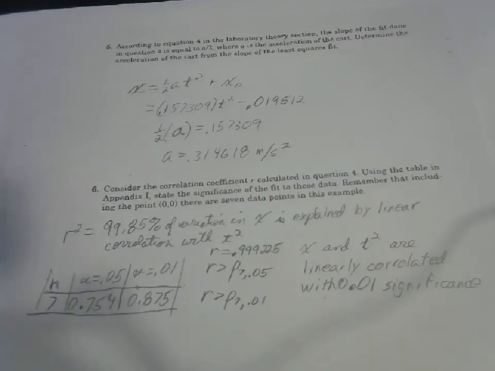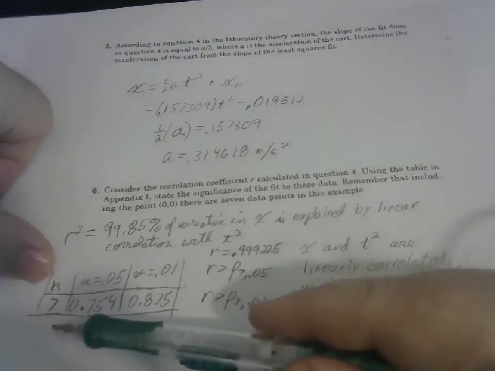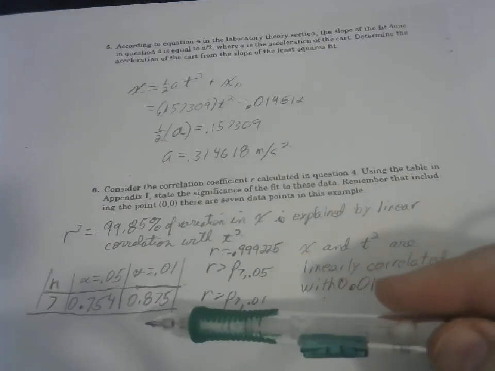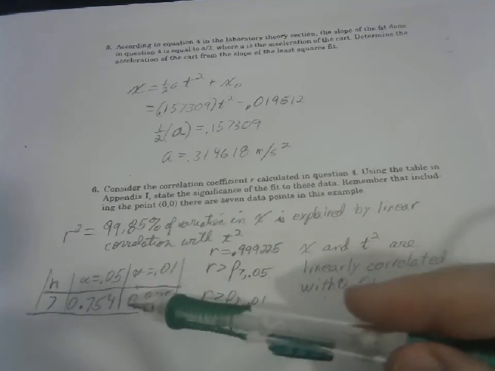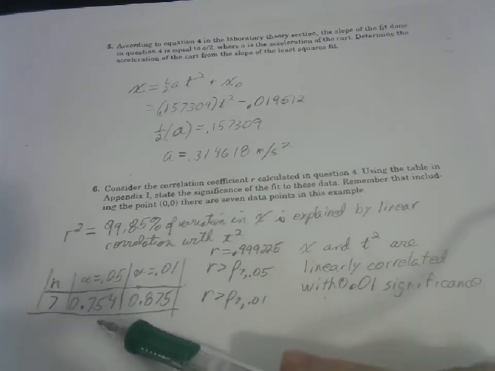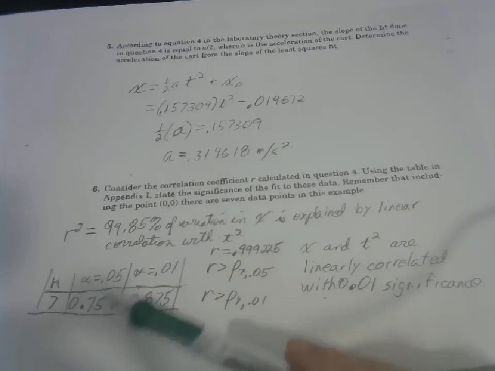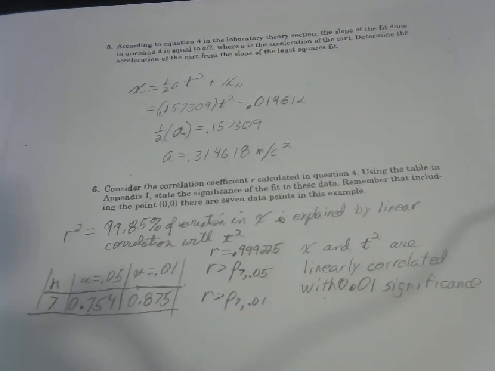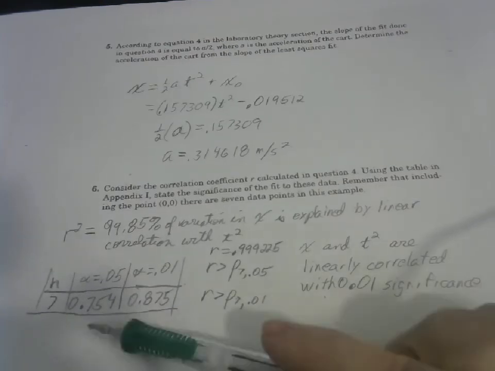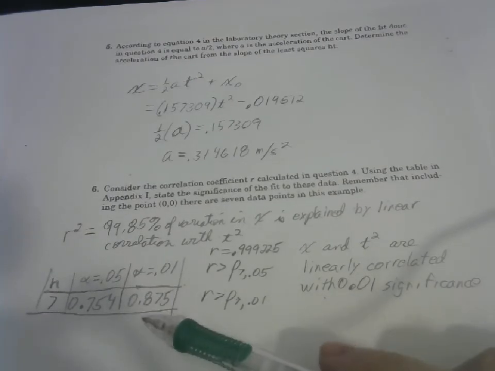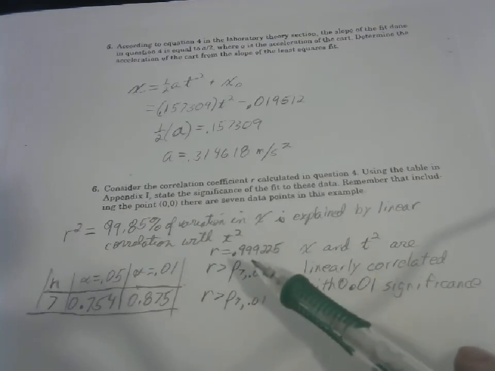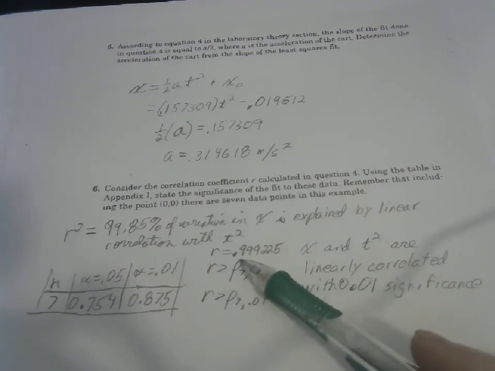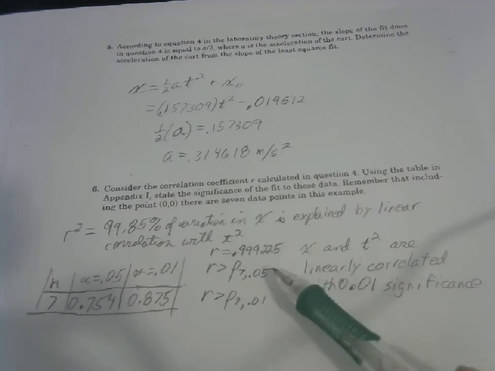So here I've copied the relevant line from that table: for n equals 7, the alpha equals 0.05 significance, r is 0.754, and r is 0.875 for the 0.01 significance. Since our r value was 0.999225, we can say